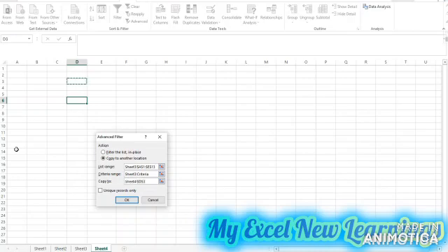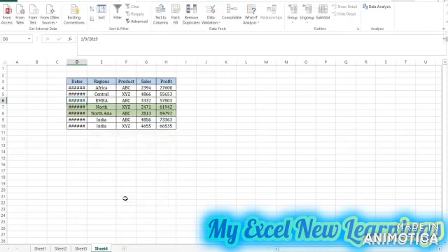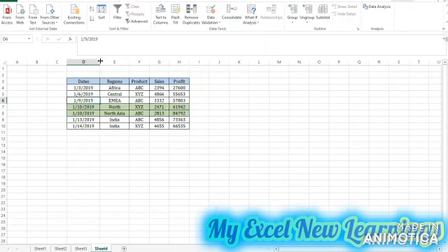So I will click anywhere in the sheet 4, then I will click OK. So advanced filter has sorted out the data as per greater than 2000 sales, and it has pasted it to the sheet 4. This is how you can use the advanced filter options with your multiple criterias.